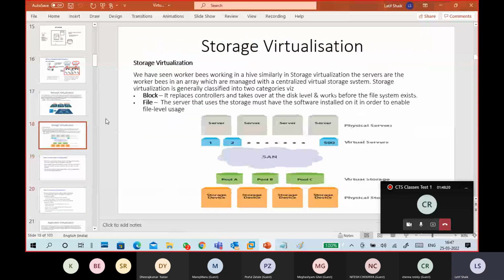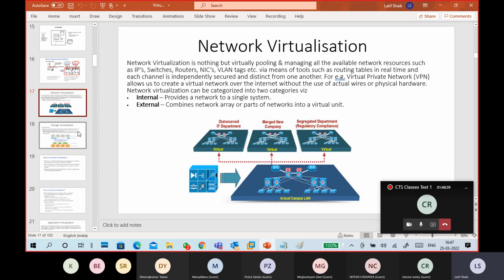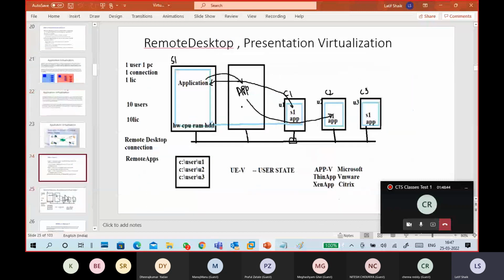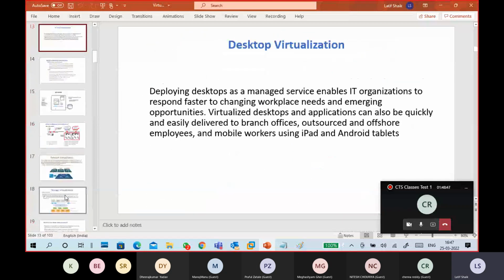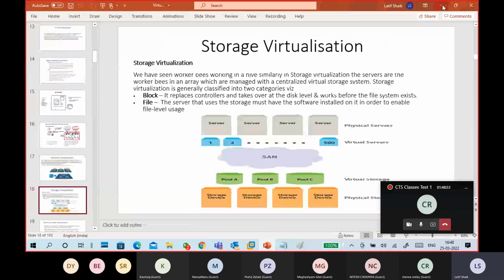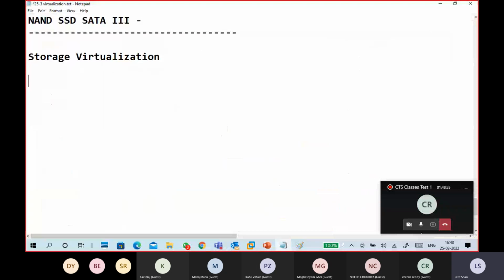Storage virtualization. We have seen worker bees working in a hive. Similarly, in storage virtualization, there are worker bees. These are circle nodes. I gathered the nodes from different places, that's why it is like that. So don't worry, guys. Storage virtualization: normally we store data